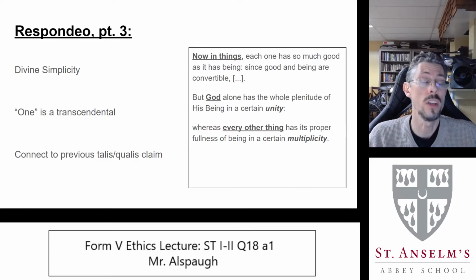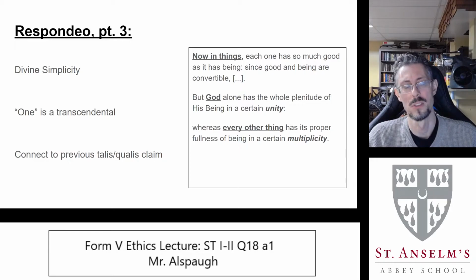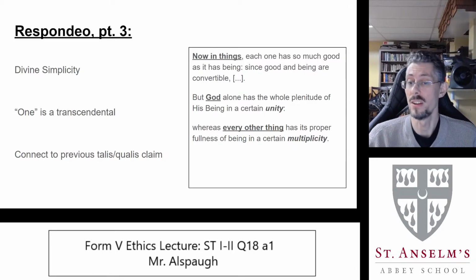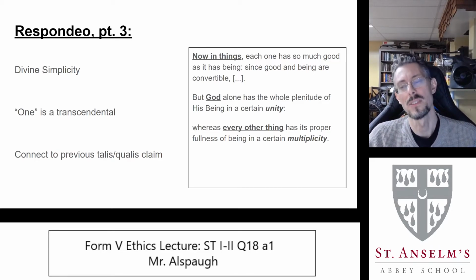And God is totally unlike all created things. If a thing is created, it is composite, somehow. It's made of parts. What's lurking here is what's sometimes called the first Thomistic thesis, right? That all being is divided such that it is either pure act or a mixture of act and potency. And that's essentially what we're looking at here. There's God and there's everything else. There's the perfectly simple, and there are things that are composite, or as it says here, the fullness of being exists in a certain multiplicity.